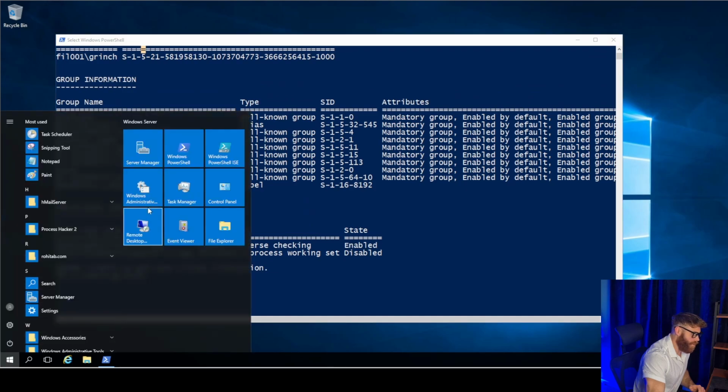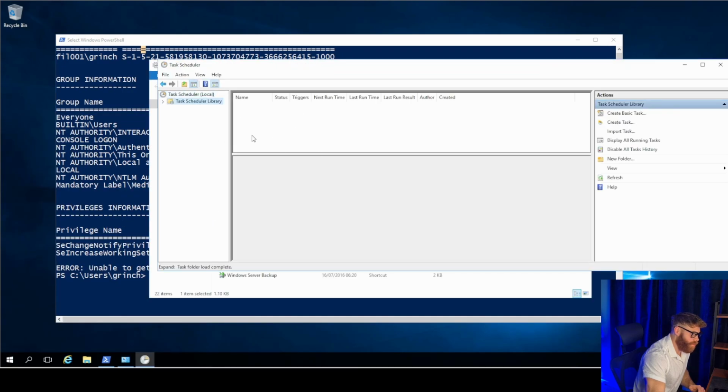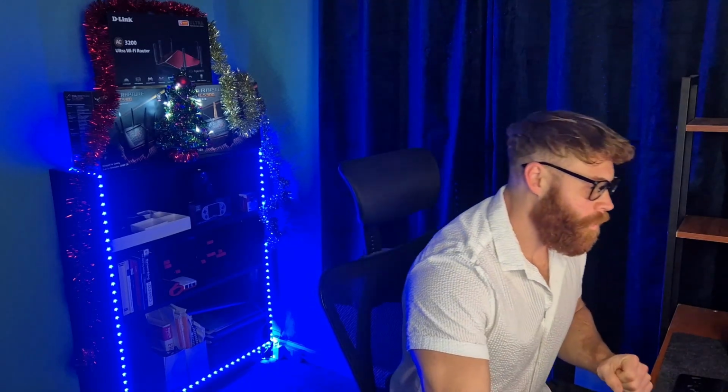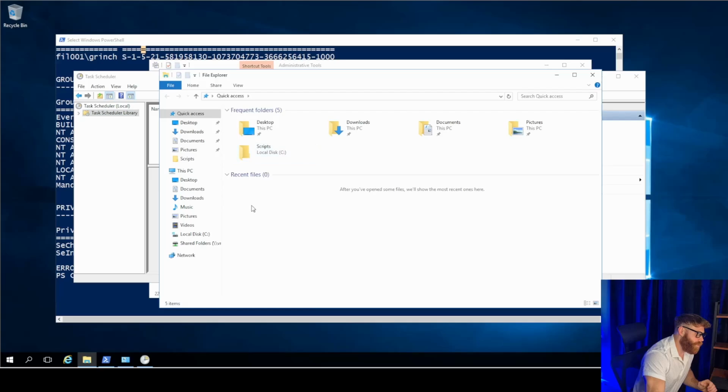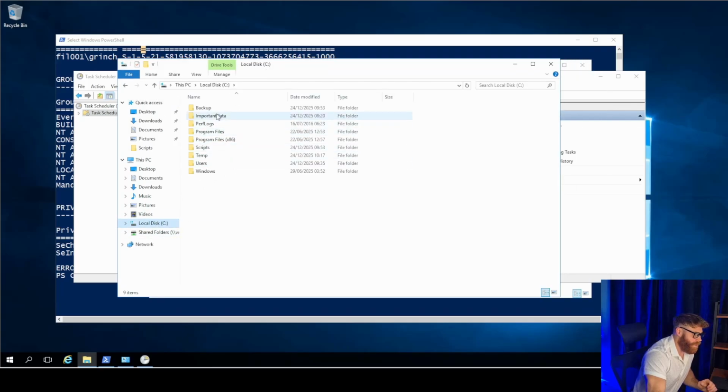If we now have a look at scheduled tasks, we won't see any scheduled tasks. This is because users can only see their own scheduled tasks, unless you're an administrator, in which case you can see everyone's scheduled tasks. But as a low privilege user, this user can't see any. So a key giveaway is if we look at the C drive,